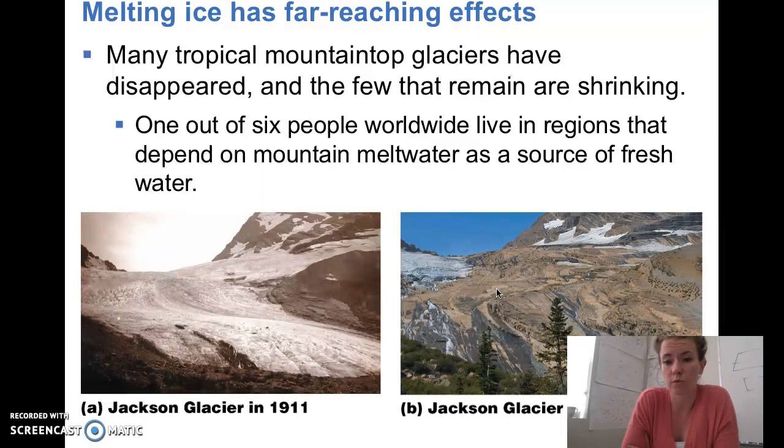And then when it gets warmer in the summer or in the spring, they melt and water rushes down through rivers and streams and provides people with running water. So if you've ever been in the mountains, probably in the US, but also in Europe, like around Switzerland, the water is freezing even if it's really hot out because it's glacial meltwater. And 1 out of every 6 people live in a region that depends on this meltwater, and it declines in